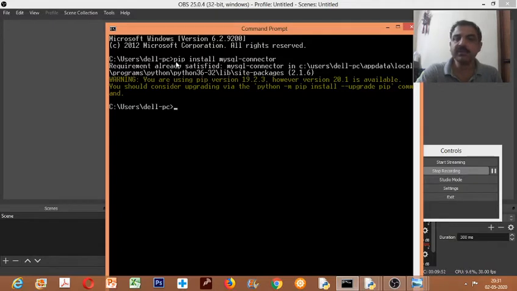So the first time you are doing this, you need to install the MySQL connector. This is just like driver software, like when you bring a new printer, along with that you get a CD. You install the printer through your CD, so that is driver software, right? In the same manner, MySQL can be connected with Python using the MySQL connector. So this is the first step you have to do. Once you have installed Python, MySQL, and then the MySQL connector driver, you are ready to do the programming.